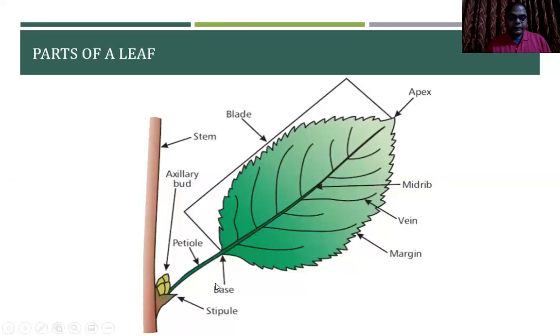If the petiole is present, it will be called petiolate, and if it is absent, it will be called sessile. That is how we define, during taxonomical evidence related to leaf, whether the leaf is a petiolate leaf or a sessile leaf. If the leaves are present on the main stem, it is called cauline, and if it is present on the branch, it will be called ramal.